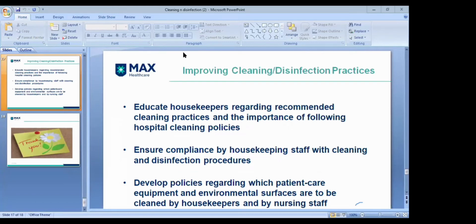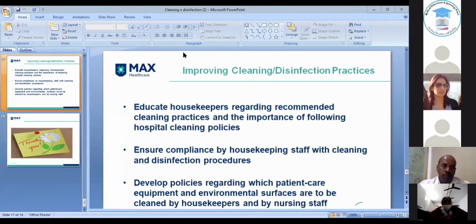Okay, so the question here is: fogging is to be done in a closed room, and then it should be closed for 4 to 6 hours. Yes, fogging, if Virex solution, it all depends which solution you are using. We are using Virex. Virex has phenol hypochlorite solution in a way that these small particulates are released in the room. It should settle down, it should have a contact period so that it works on those surfaces, and then the room can be used.